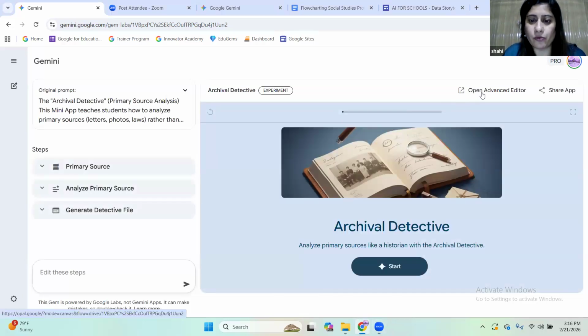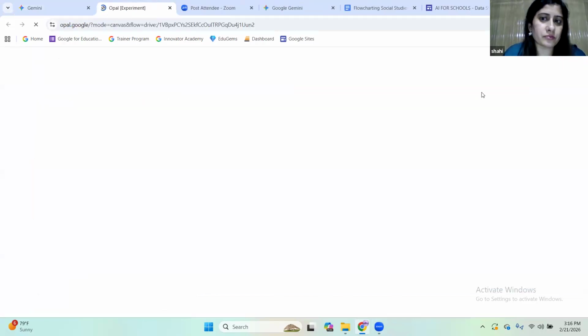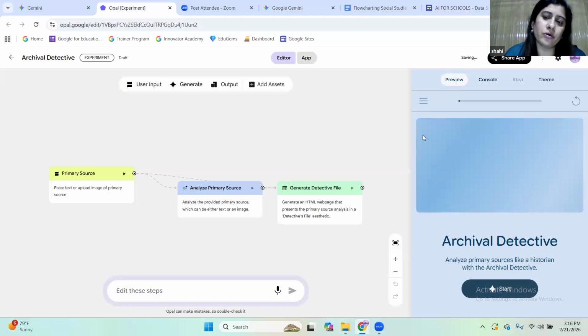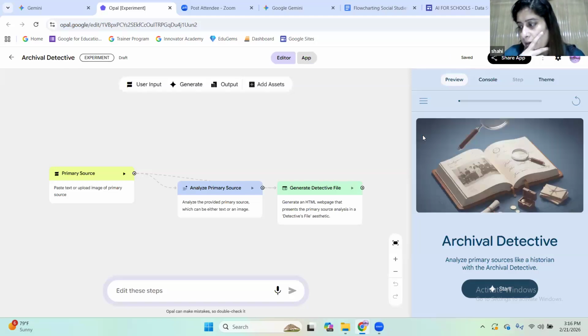Now, when you want to change something in the workflow of the app, you open up the editor, or you want to remix any app which they have created. So for example, if I have shared the link of this app with Sana, Sana has a pro version. Sana can do the editing as well, but she will have a copy of this app. She cannot do editing in my original app which I have created.